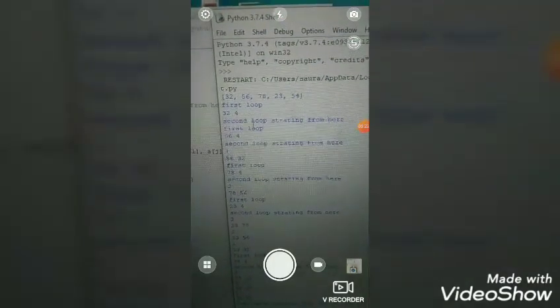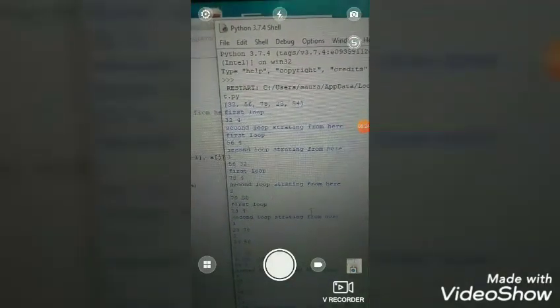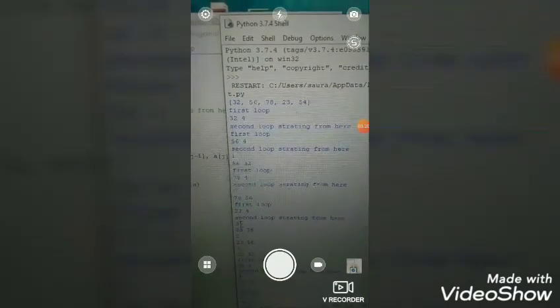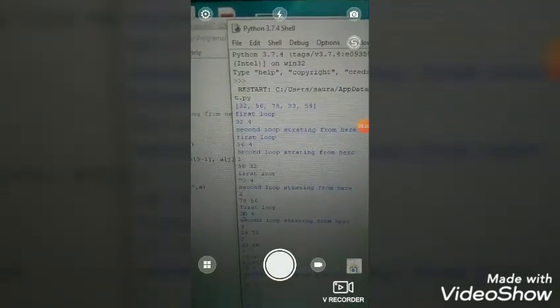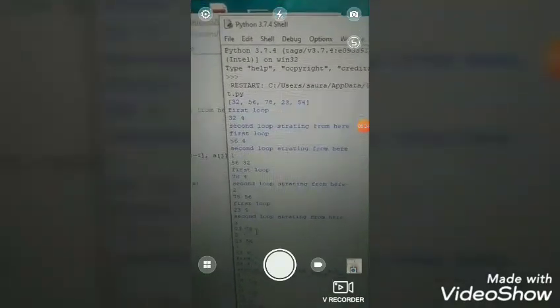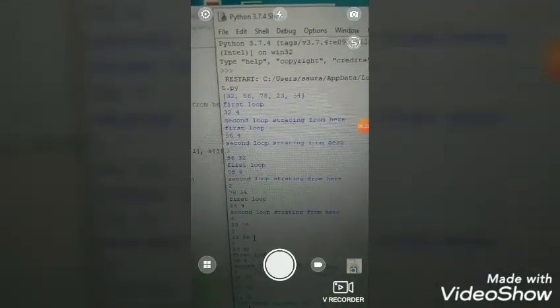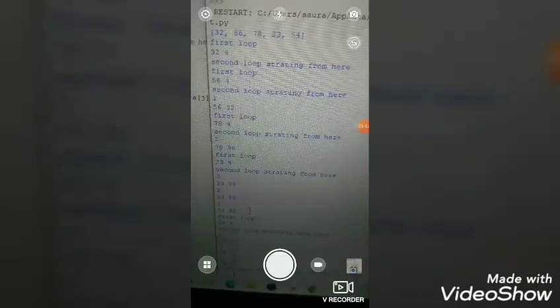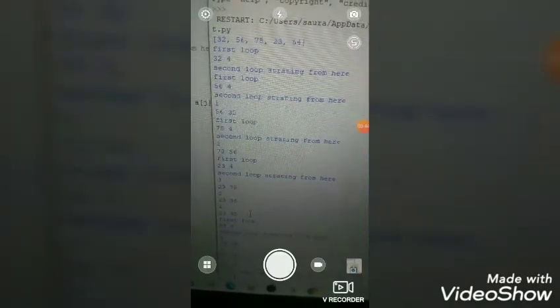Same as when we see that second loop is starting from here, and the value of index number is 3 for 23, so it run for 3 times, and all 3 times it check and swap the value before that value. Then after again it goes to the first loop when j is equal to 0.